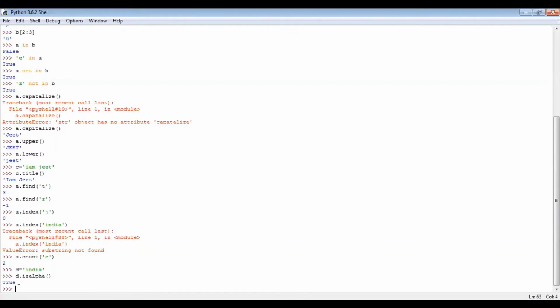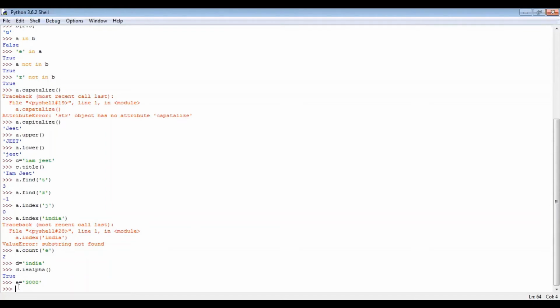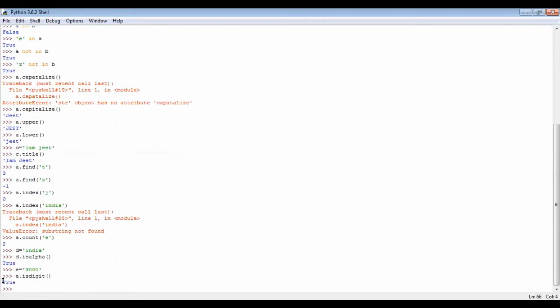So let's move on to the isdigit function. It will tell you about the digits in a particular string, if they are present or not. Let's take another variable with a string value as 3000. Let's run it and let's now take the isdigit function, e dot isdigit. See, it's printing true.